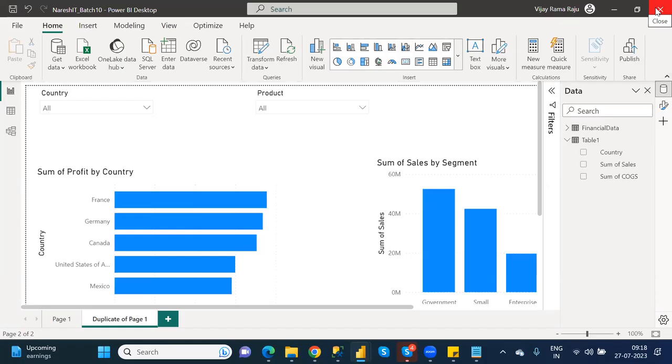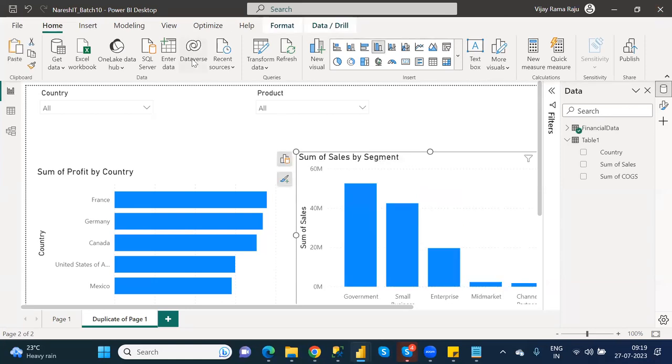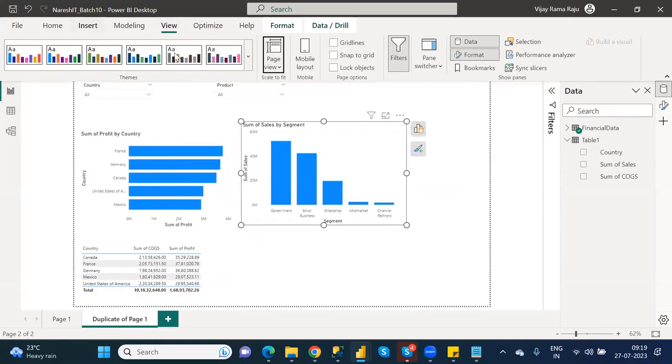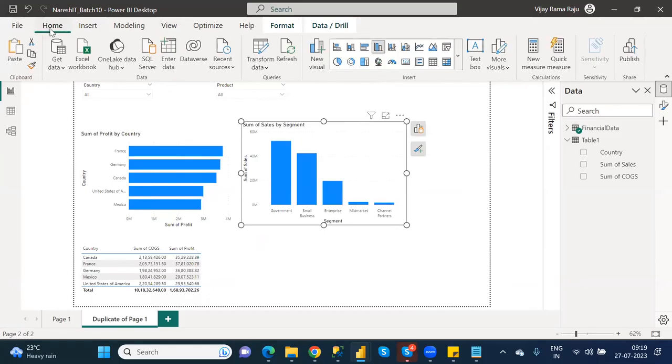Understand clearly or not? Is it clear or not? Okay. Everyone is facing this problem. That's the reason I explained. Understand clearly or not? Next one is